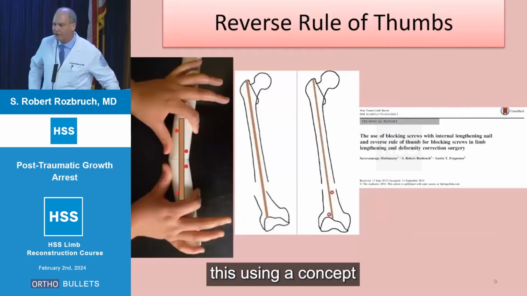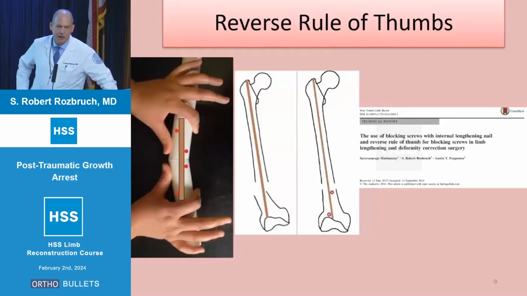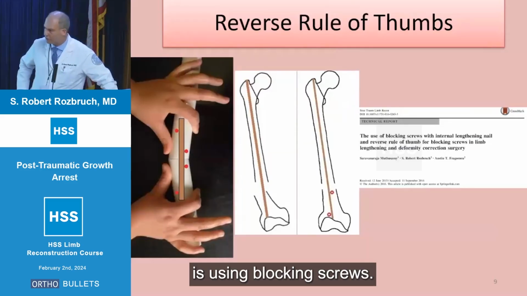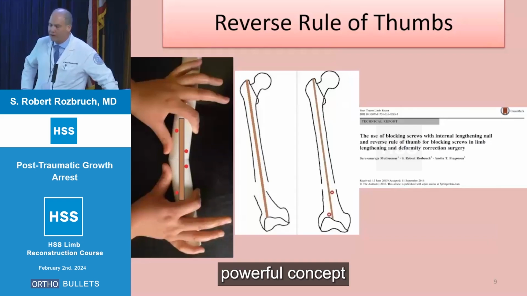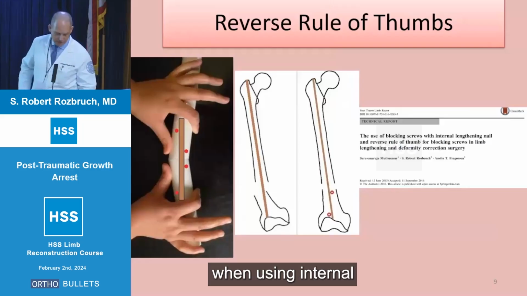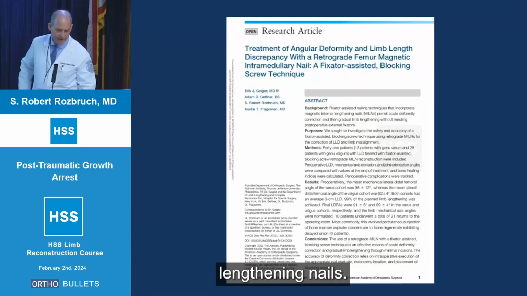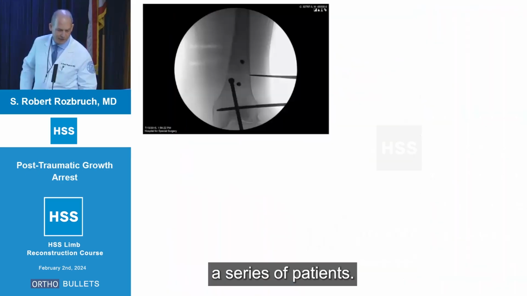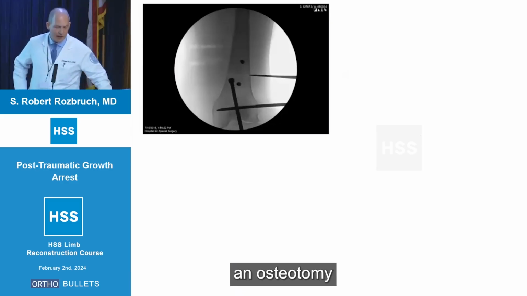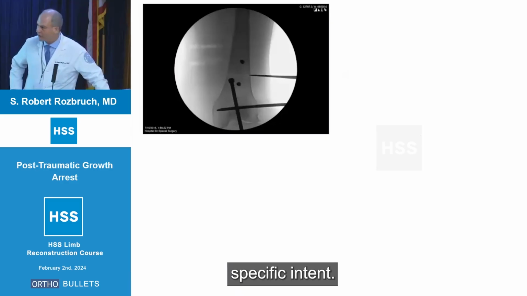We're going to fix this using a concept called reverse rule of thumbs, using blocking screws. You're going to see this over and over again, but this is a very powerful concept and a very powerful technique to correct deformity when using internal lengthening nails. This is another article that we just recently published on using this technique for a series of patients. So here's the concept. You're creating an osteotomy with a very specific intent,